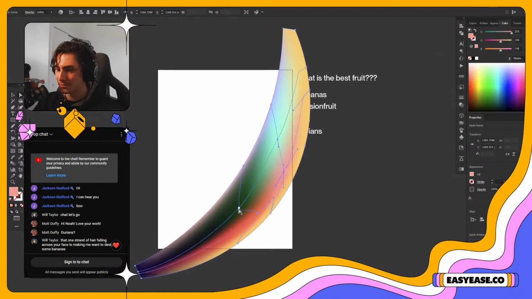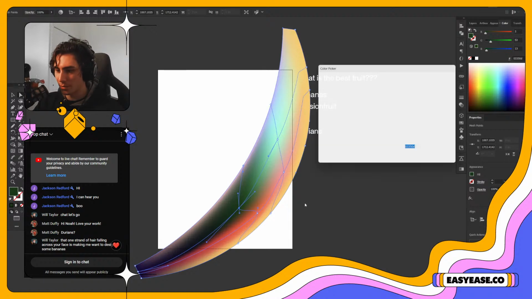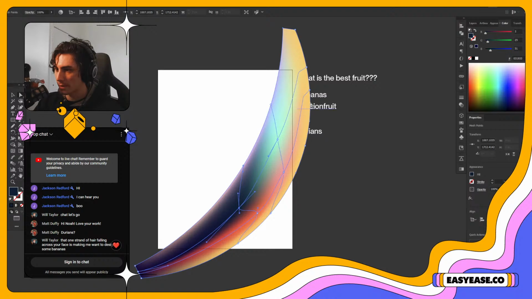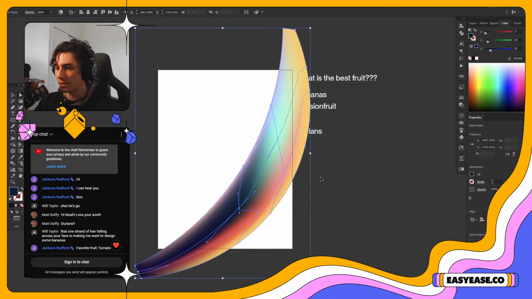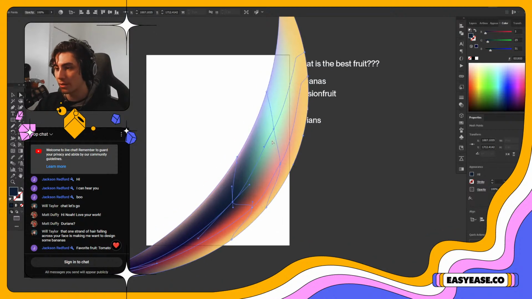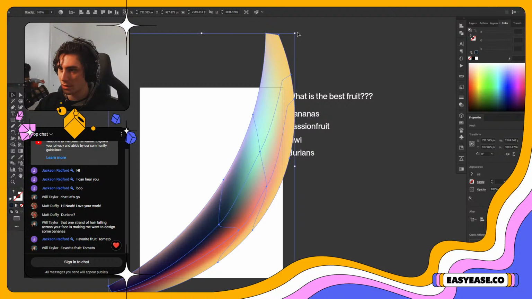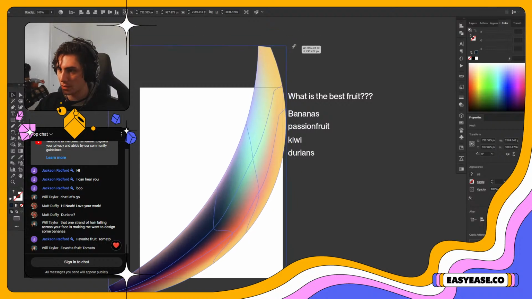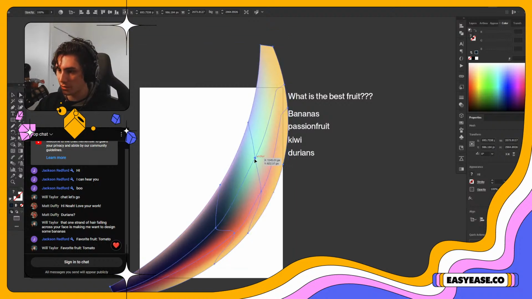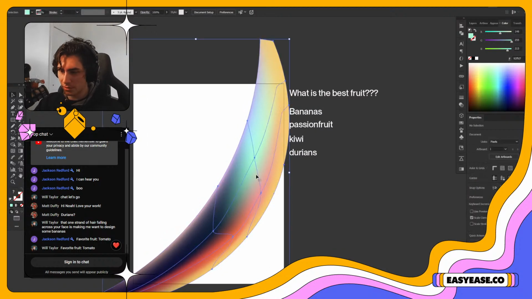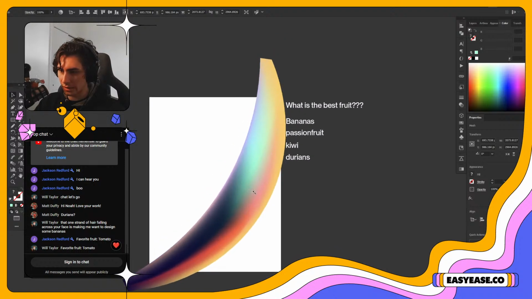Let's go pink here. I don't really want my banana to be too green. And then let me trim so I can see how that's looking. It's not looking like a banana is what I'll say. I think part of that might be these strange colors I'm using for a banana. But I think I can also get around it.